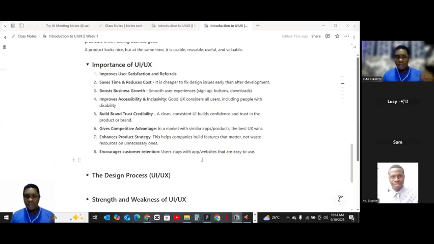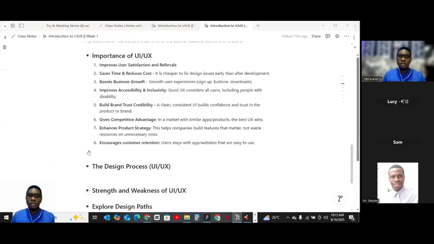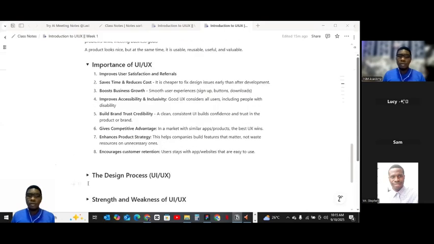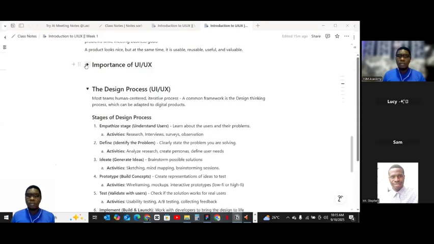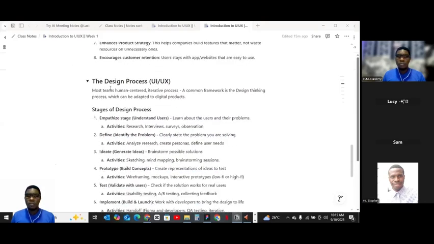And when a user wants to check out or pay for a product online, the user can just order and check out seamlessly without having to go through a lot of steps. So they stay. These are the importance of UIUX, and at least from here you can see why you need to know what you are doing when you are designing applications, right? So that covers importance. Now let's move to the design process.